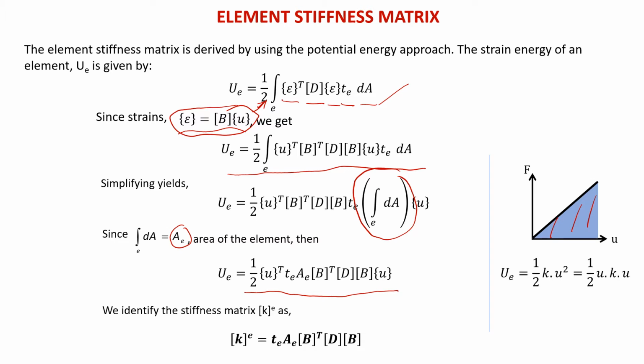times U squared. This equation we can rearrange so that we can have a term half U times K and U. If we compare between these two equations, we can see that in this equation we have U, we also have U here, U at the back, and also U at the back, meaning that the middle part is the K value. So we can conclude that the K value is actually this term, as shown in this equation below here,